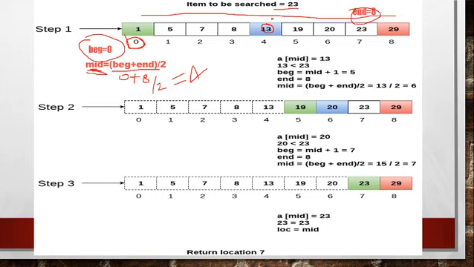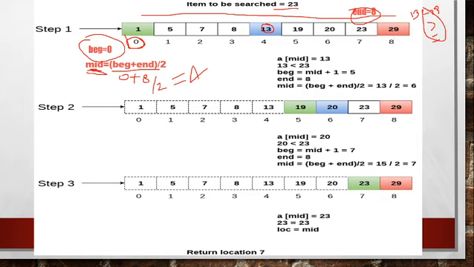Now here three cases will be there: 13 is less than 23, greater than 23, or equal to. If it is equal, then we have got the number.